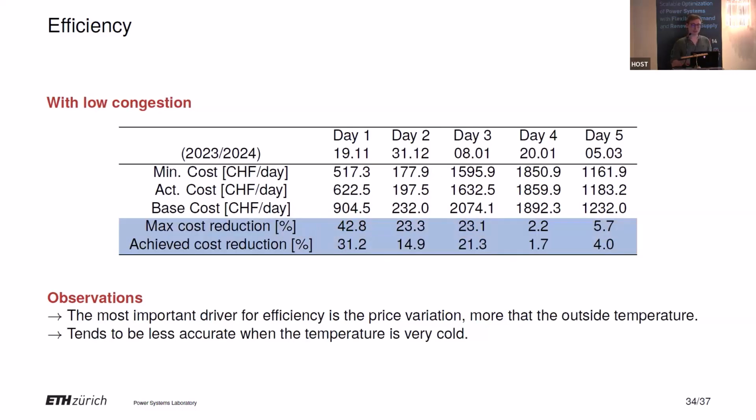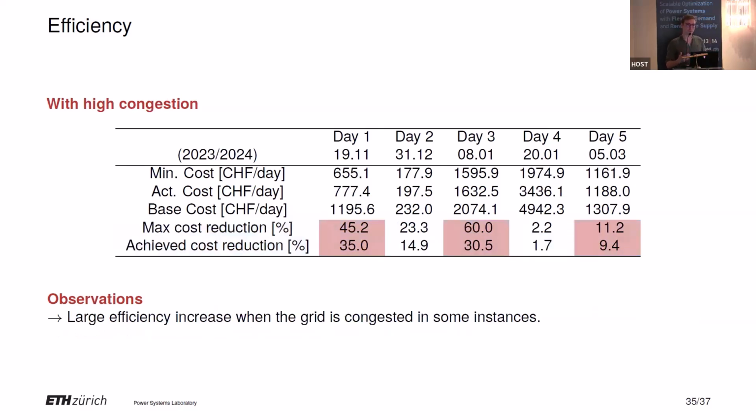So this was a setting with low congestion. The inflexible load was made in such a way that there is very low congestion. But of course, here we're talking about the DSO controlling the assets directly. So this also could be used by the DSO to manage congestion. They can activate the users not only to react to the wholesale price, but also to react to some kind of potential congestion